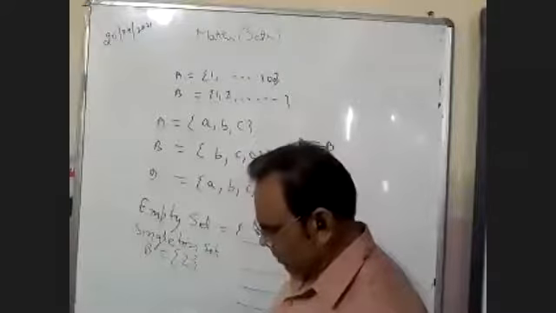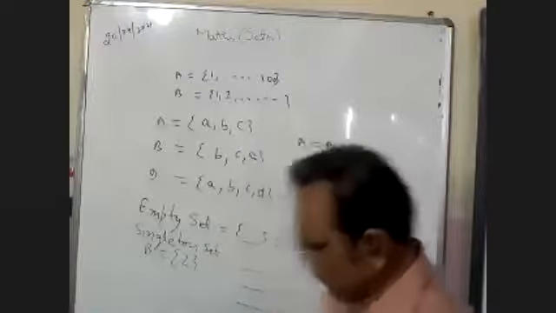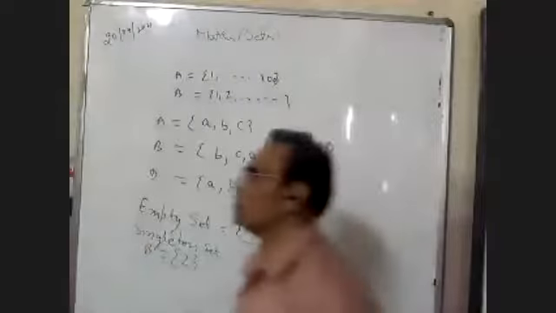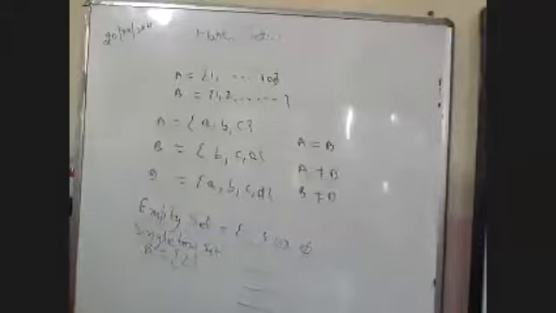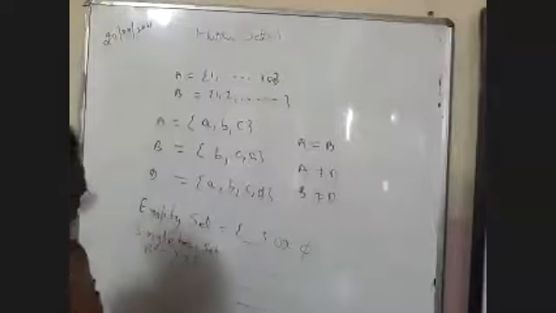After that, the set of all positive integers greater than 100. So the set of all positive numbers greater than 100 होगा. So that will start from 101, 102, 103, and so on. But there will not be an end point. The starting point we have, but no end point. Then it will also be an infinite set.